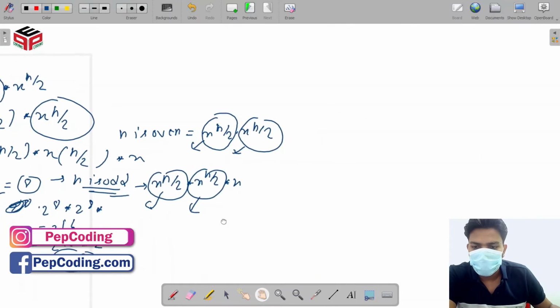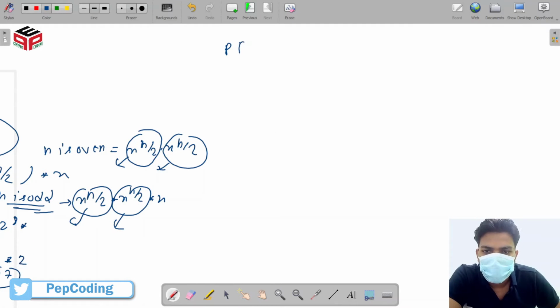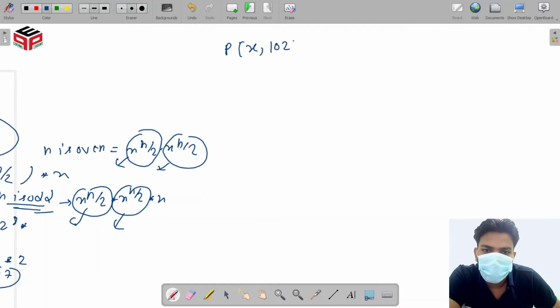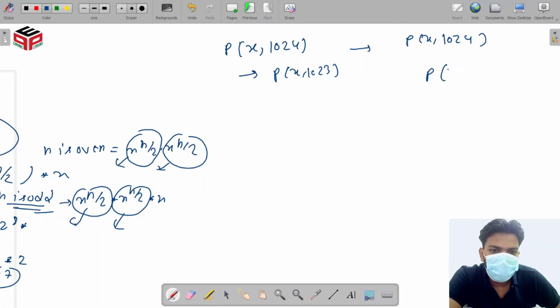If we want to calculate power of x comma 1024, in the previous approach we had faith on power of x comma 1023. But in this approach, when we want to calculate 1024, we have faith on power of x comma 512. This is our faith.